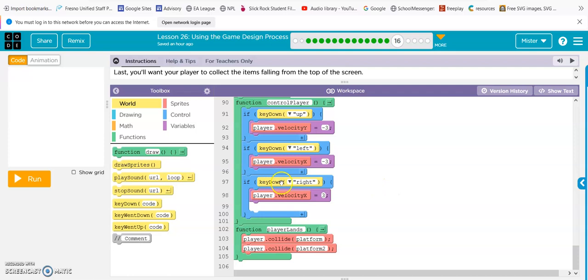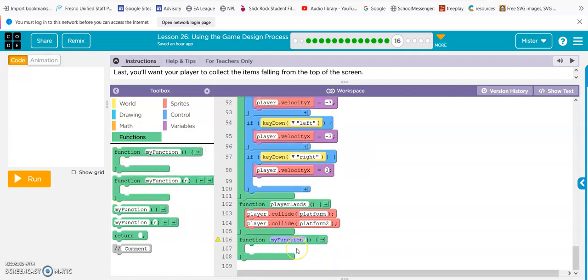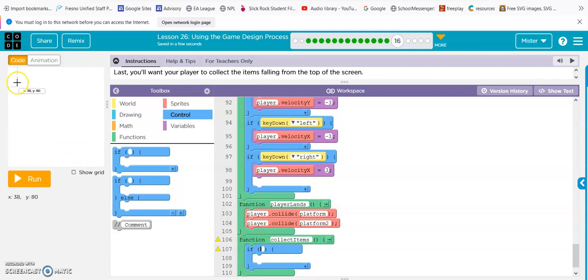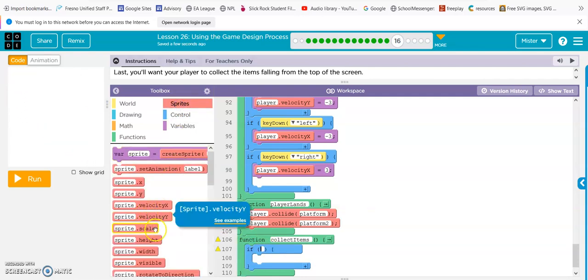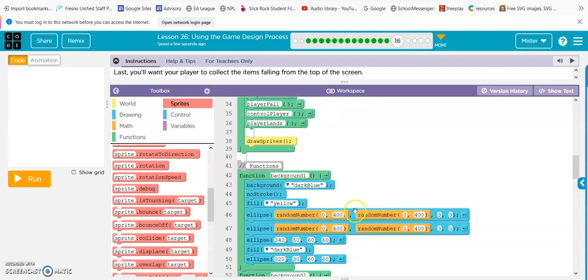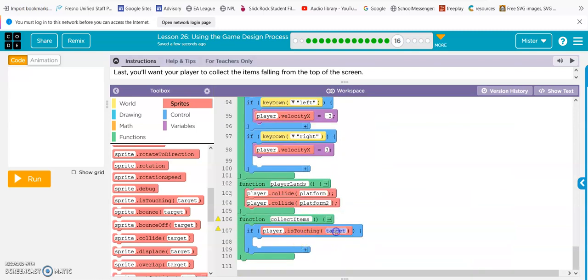Alright, we're going to do that collect items function. Collect items. And then our ifs. If player is touching, and we called it star. Yeah, star. Okay, if player is touching star,